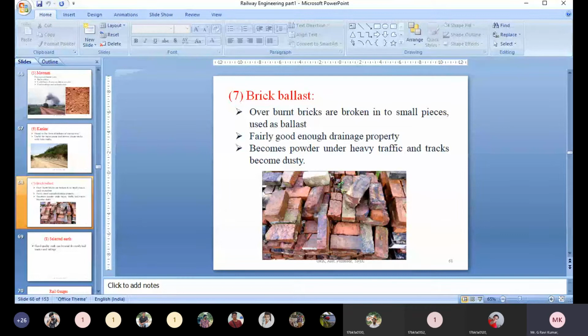Nowhere is muram ballast used. And the only ballast materials are broken stone or concrete. Only these two are the best ballast materials. And nowhere is fly ash used and nowhere is cement used. Only in some rare cases, wherever broken stone or broken brick are not available, in those cases only the hardened cement or hardened fly ash or hardened slag may be used as a ballast.